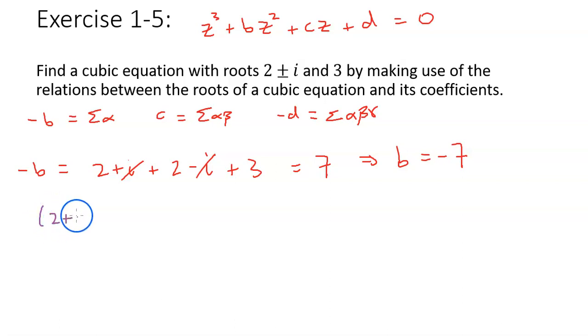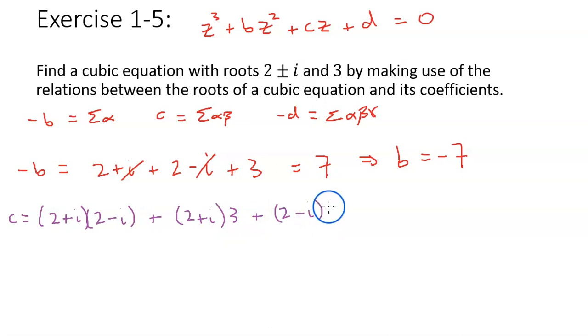So c equals 2 plus i times 2 minus i plus 2 plus i times 3 plus 2 minus i times 3. And then we get 4 minus negative 1, so 5,